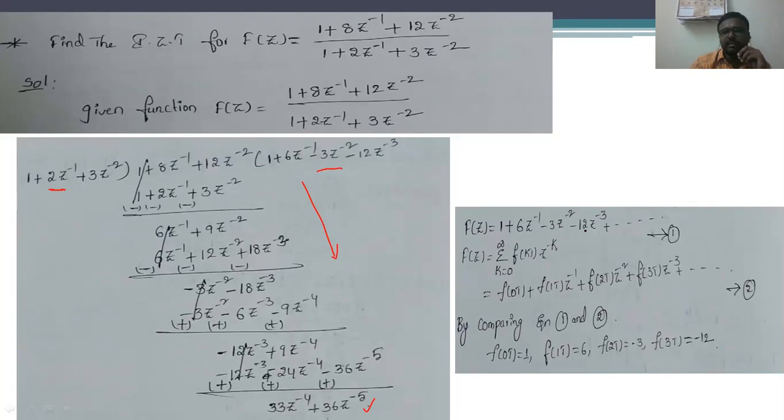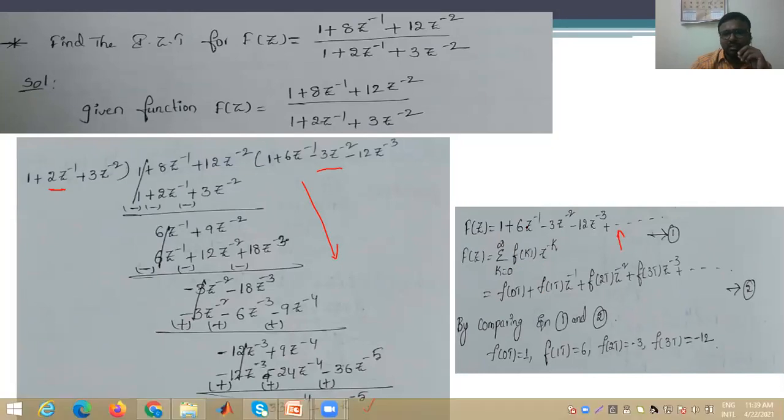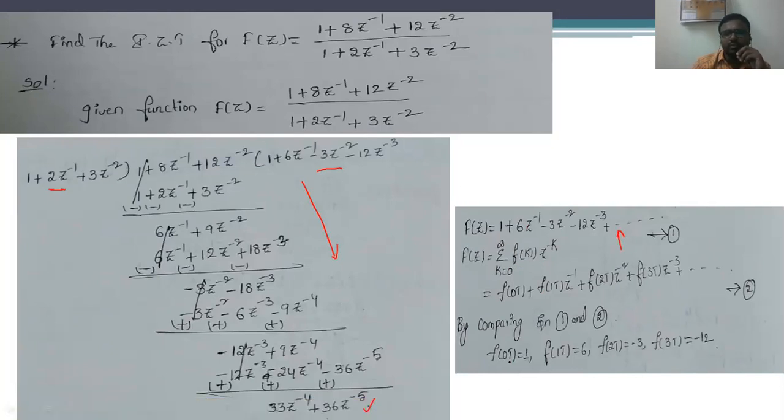So just comparing this particular coefficient value with the basic equation, this is the coefficient value we are going to obtain, and it is going to be compared with the basic definition regarding the Z transform, that is F(z) = sigma k = 0 to infinity f(kT) into z^-k. So it is going to be expanded like this. So just comparing this particular F(z) with these coefficient values, we are going to obtain f(0) value is 1, f(1) is 6, and f(2) is, sorry, -3, and f(3) is -4, and so on.